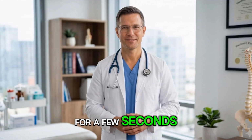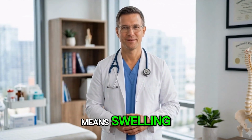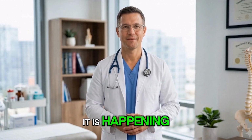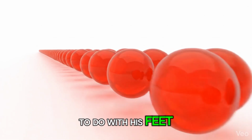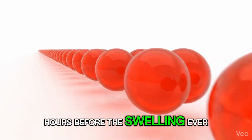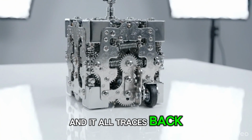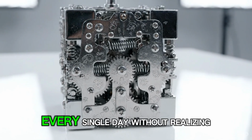for a few seconds. This is what we call systemic edema, but the word edema just means swelling. It doesn't tell you why it is happening. In Marcus's case, the why had absolutely nothing to do with his feet and everything to do with what was happening in his bloodstream hours before the swelling ever started. And it all traces back to a hidden metabolic trap that millions of seniors are falling into every single day